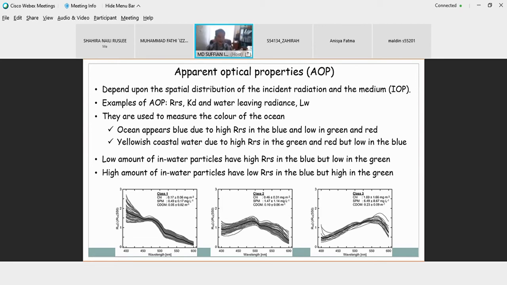By mineral particles. So kalau kita boleh daripada optical properties of the water column,